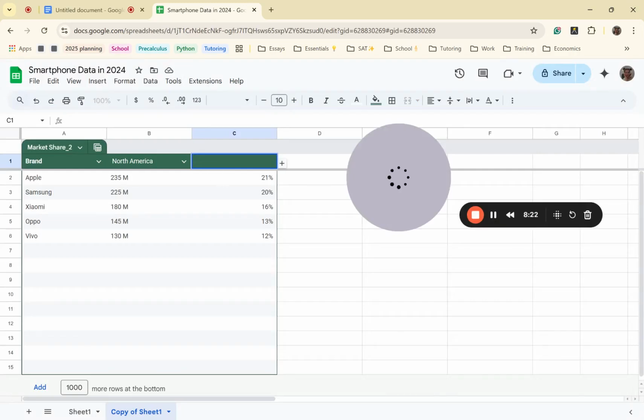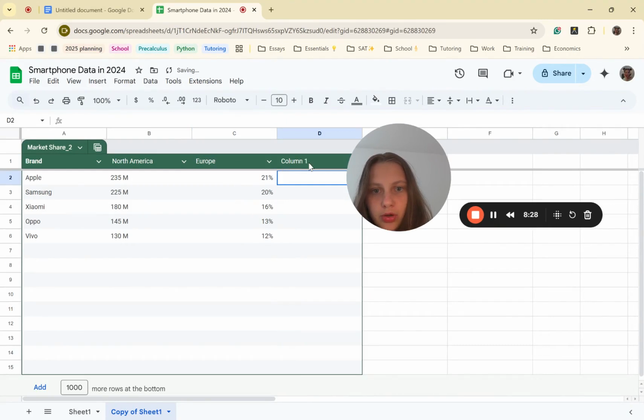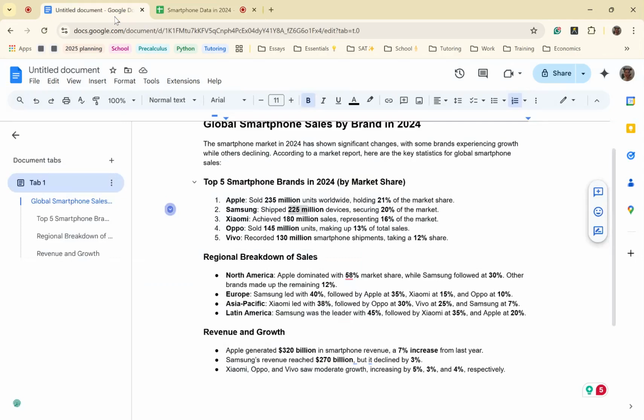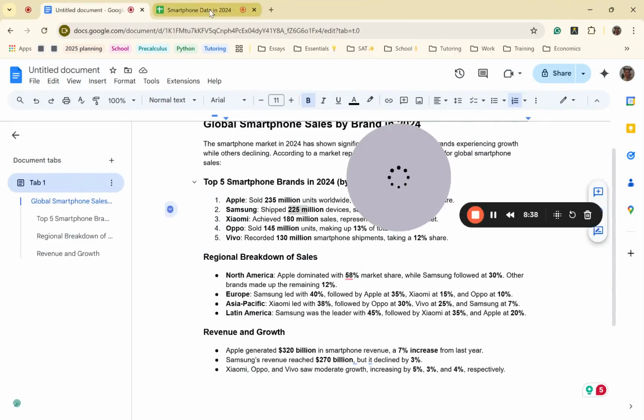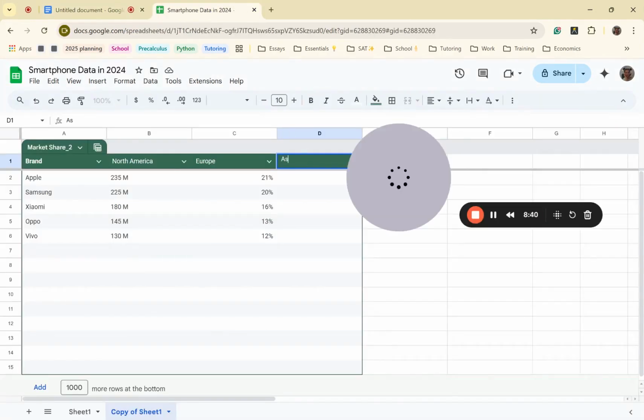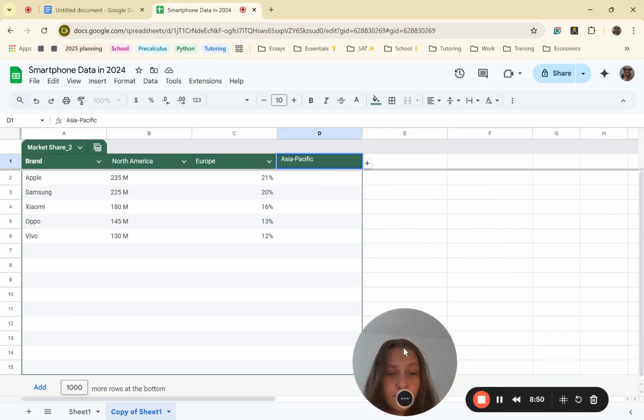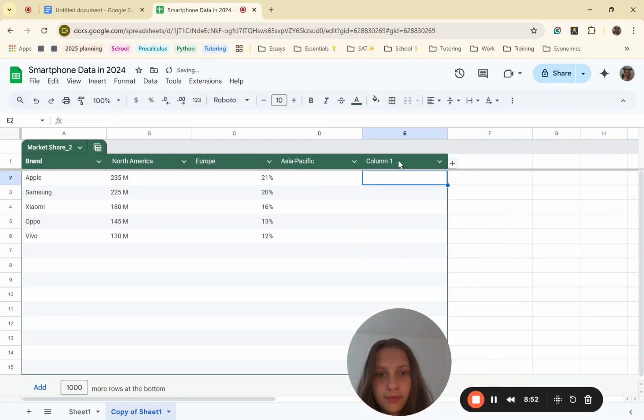Okay. Let's do Europe. And we will add more columns. Then we'll have Latin.